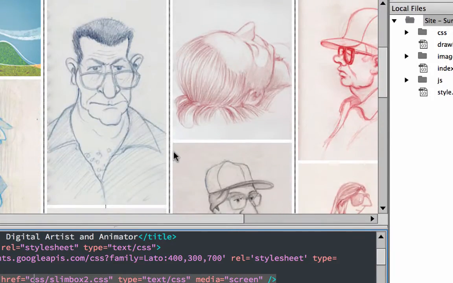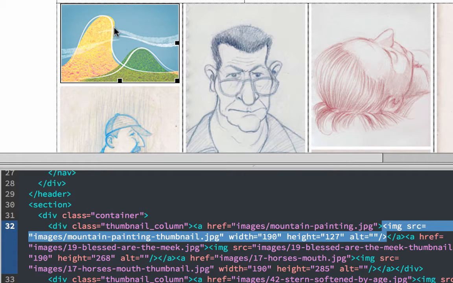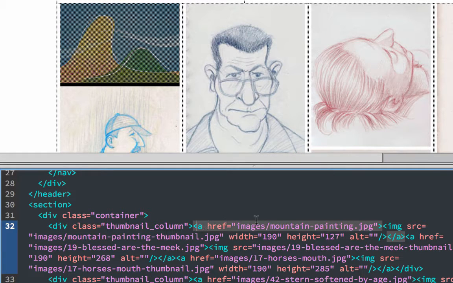Go back to Dreamweaver. So I'm going to demonstrate on one thumbnail. Let's say the first one. I click on it. Here's the code for it. There's the image itself, and then the image is wrapped in a tag, which is the link tag, which links the thumbnail to the larger image. Inside this A tag,